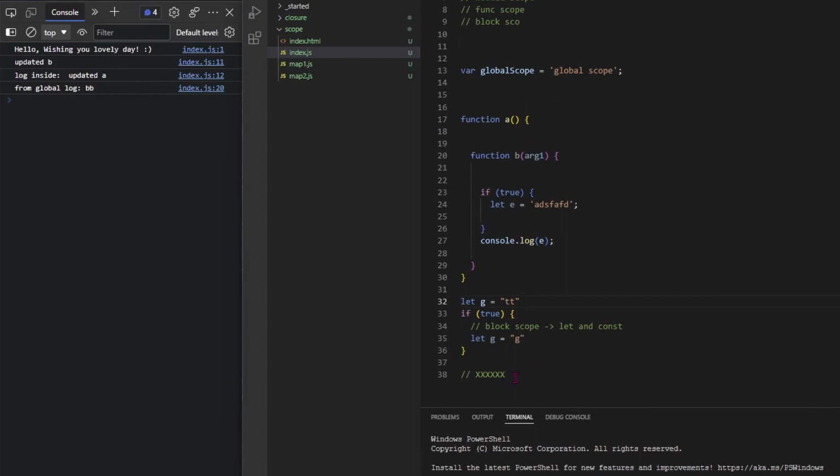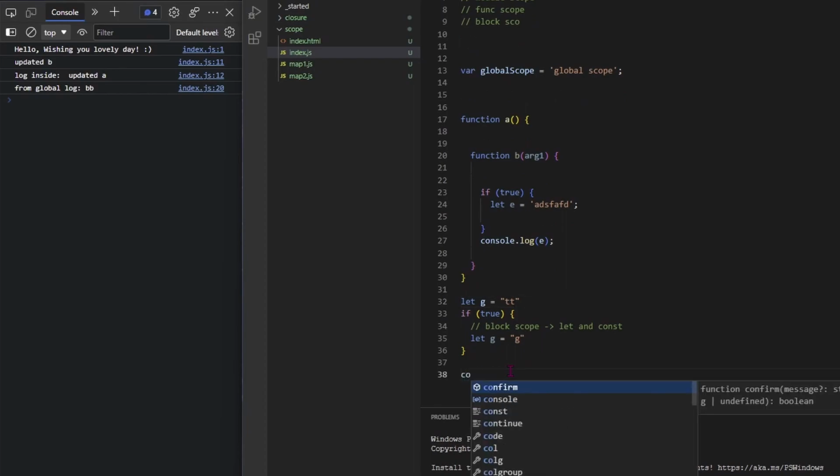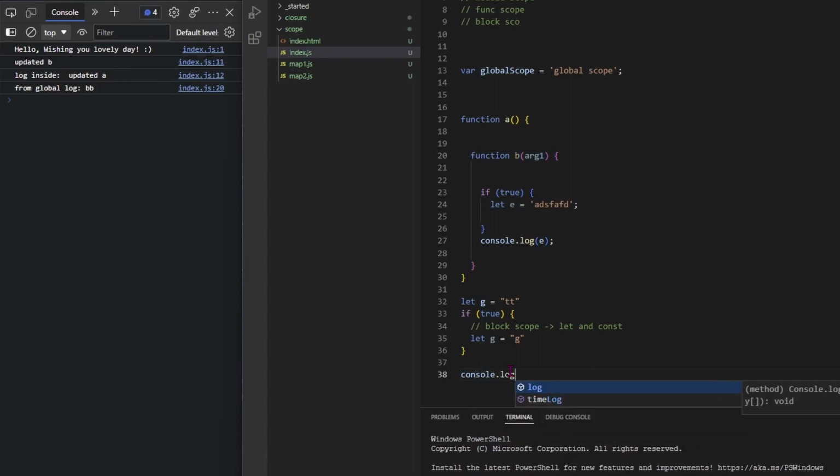When we try to access g from here, if we do console.log g, just because we are not able to access this, because it's block scoped and defined with the let keyword, we are going to be able to access this one, because it's global. It's going to reach this, and this is important. This is about the